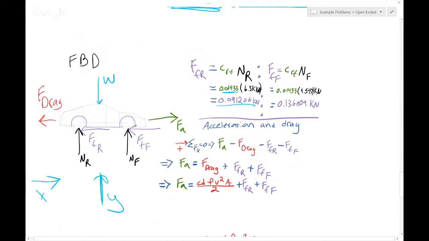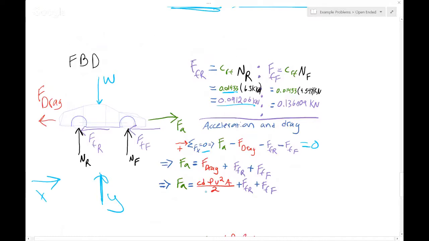So that would be acceleration and drag. So forces in the x direction are going to sum up and be equal to force of acceleration minus force of drag minus frictional forces together is equal to 0. So we can move everything to the other side or add it to the other side to cancel these out. And we get our force of acceleration is equal to force of drag plus our two frictional forces,